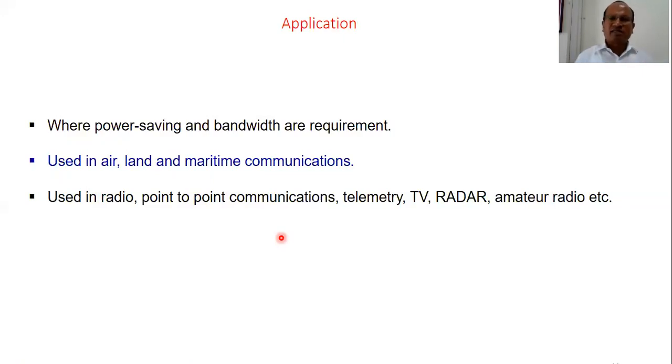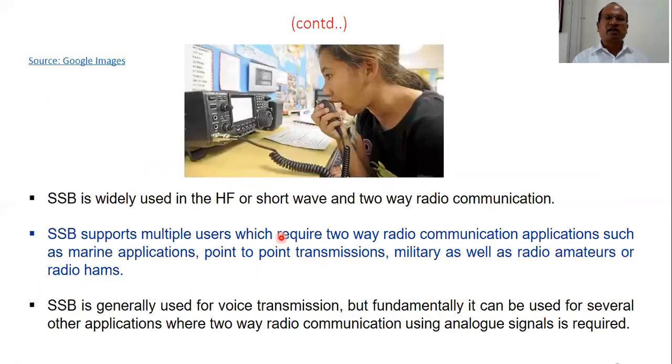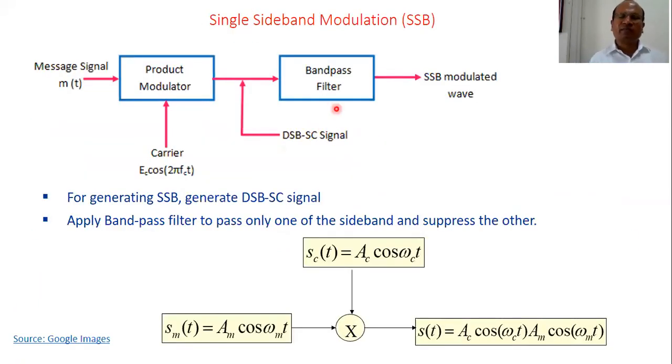One such method we have discussed in this lecture is using a product modulator. The product modulator produces DSB-SC. Here you see the diagram. Then it is sent to a band pass filter, where one of the sidebands is passed and allowed, and the other sideband is rejected. Then we did some calculation on the power, that power saving is there, and less power is required when we are transmitting only one sideband.